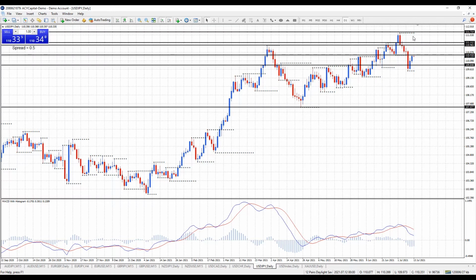Alright, so what I'm seeing is that we maybe have a left shoulder here, head, and if we do rally back up to this 111 area, then we could be putting in a right shoulder. So looking for this to come up, hold, fail, and then move down and put in the right shoulder. So if I just